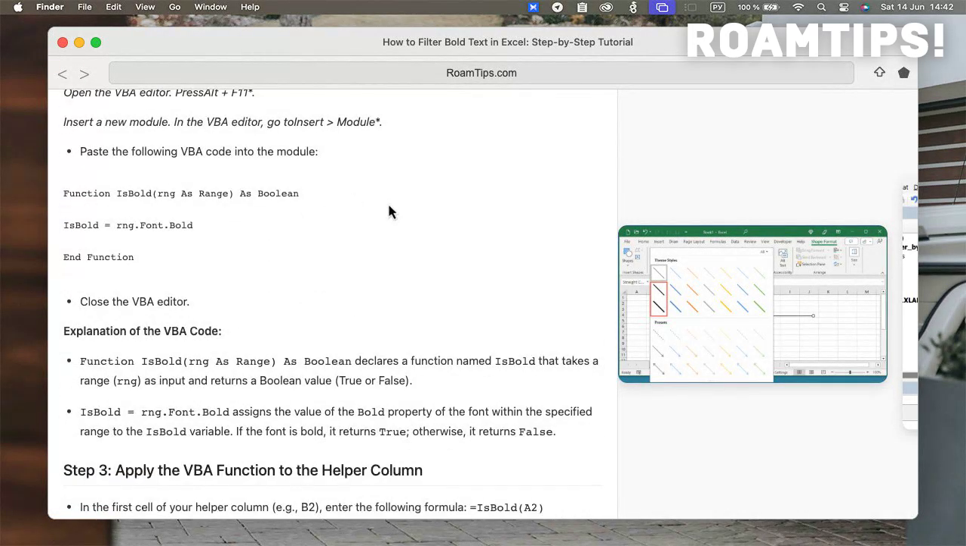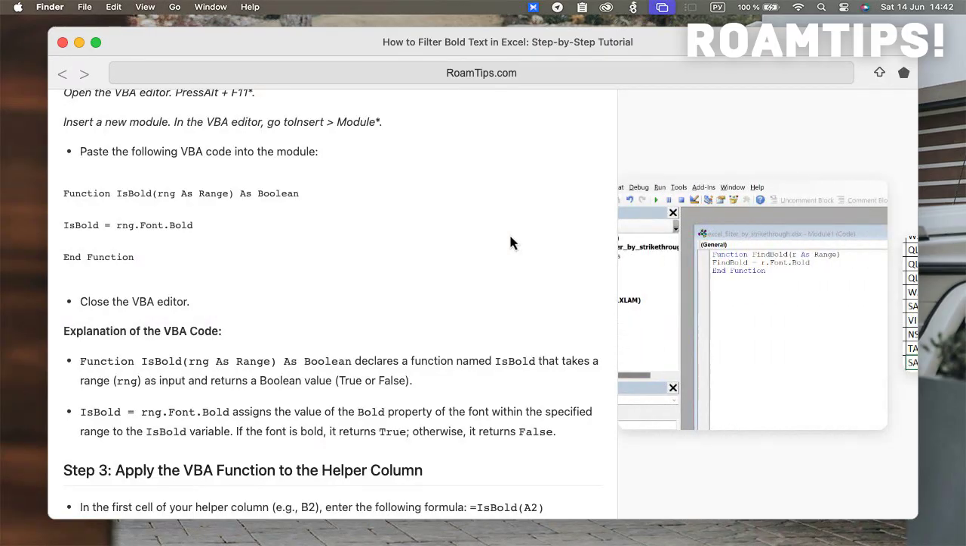Today we will be discussing how to filter cells with bold text in Excel. This is a trick that can be super useful when you're dealing with large datasets and need to quickly identify